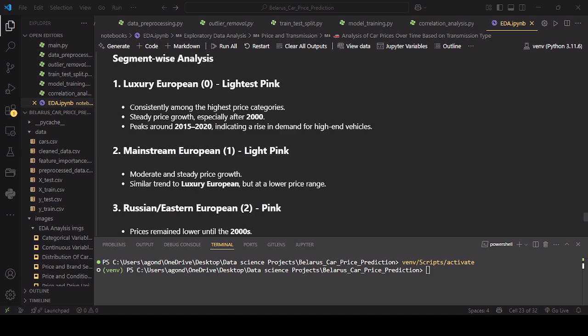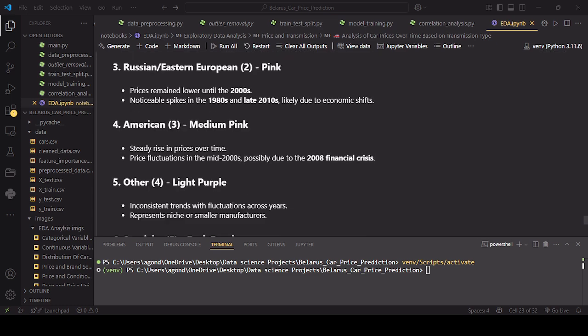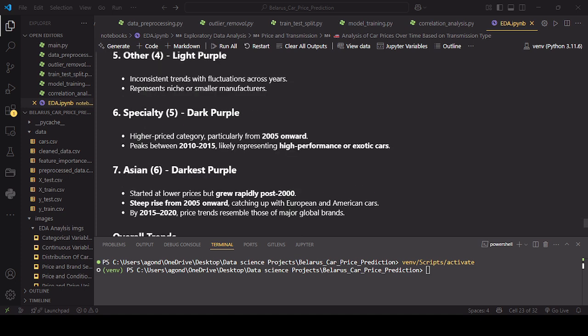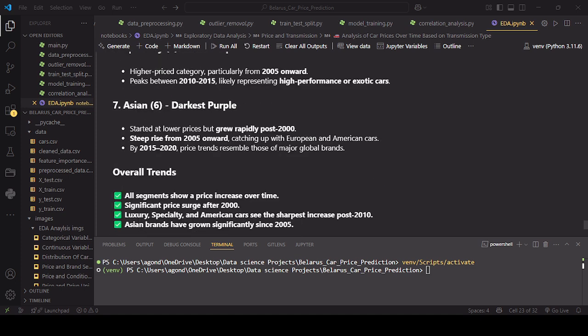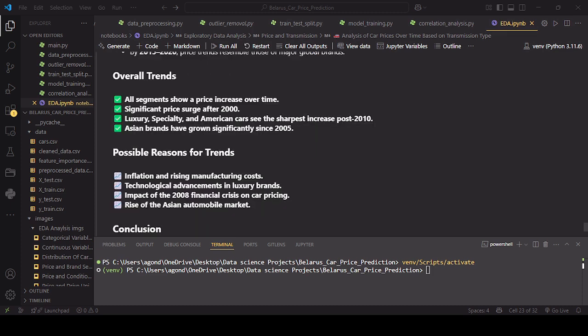We can see the light one this way, and then mainstream, Russian, American, other four as light purple, and specialty and Asian. Overall trend we can see from the given data is that all segments